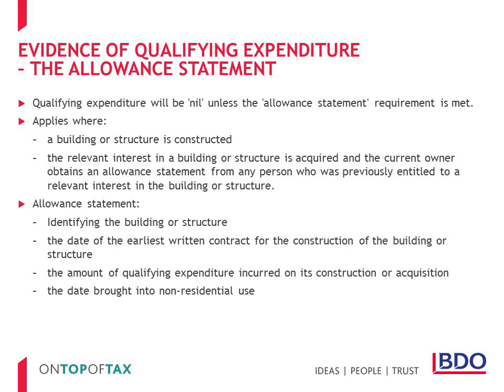So an allowance statement will be required to be prepared for the construction or refurbishment or alteration of any new construction projects. And where an existing building or structure is acquired, it will be necessary to obtain an allowance statement, or at least a copy of it, from any previous person who was entitled to the relevant interest in the building or structure that was eligible for SBAs. As stated earlier, without an allowance statement, no structures or buildings allowances will be available.